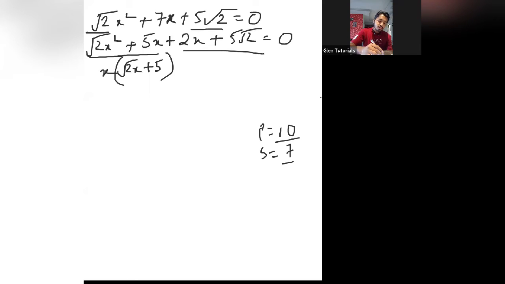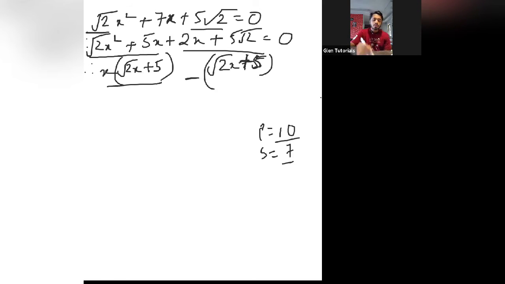Now we will verify. There is no place for a number, otherwise I would have put one. Okay, so x into root 2x is root 2x square and x into 5 is 5x. Now if we see that this term is correct for us, so directly we can write the same thing, root 2x plus 5. And what is remaining? We can write it before the bracket. So can anybody tell me?